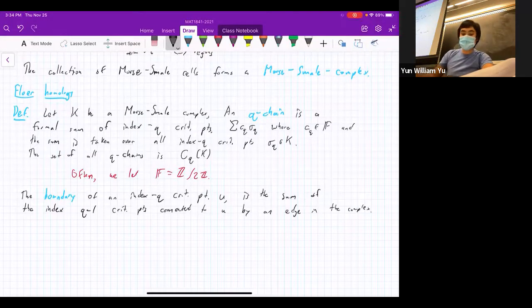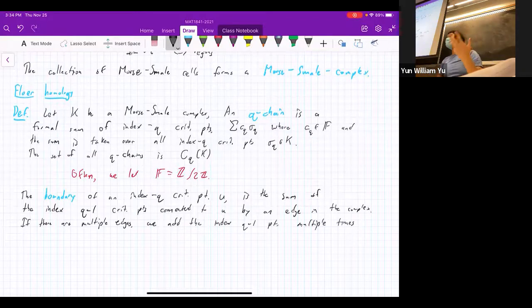There's a slight difference here, which is sometimes you'll be connected twice. So if there are multiple edges, we add the index Q minus 1 point multiple times,